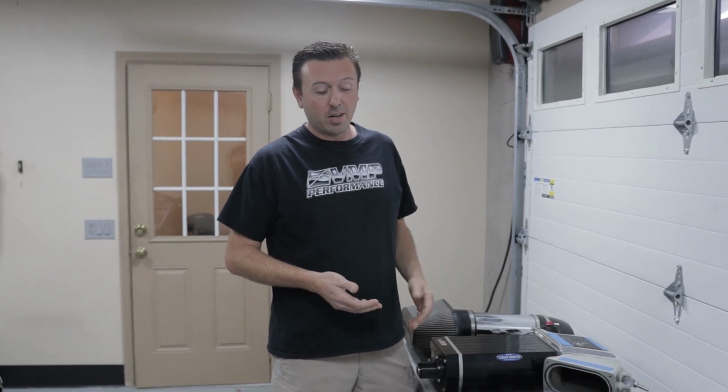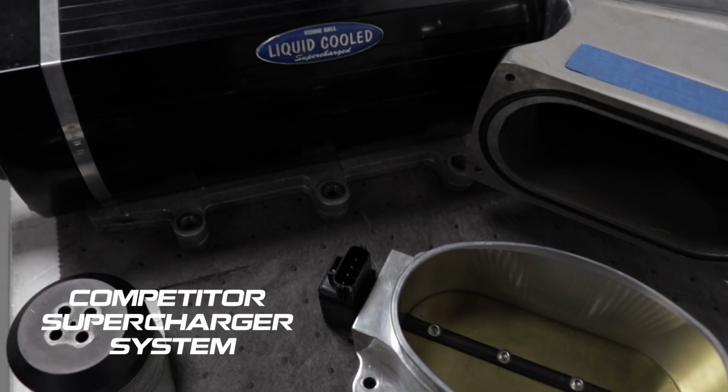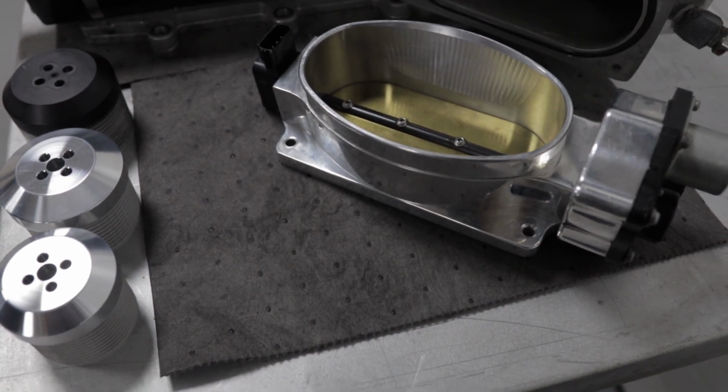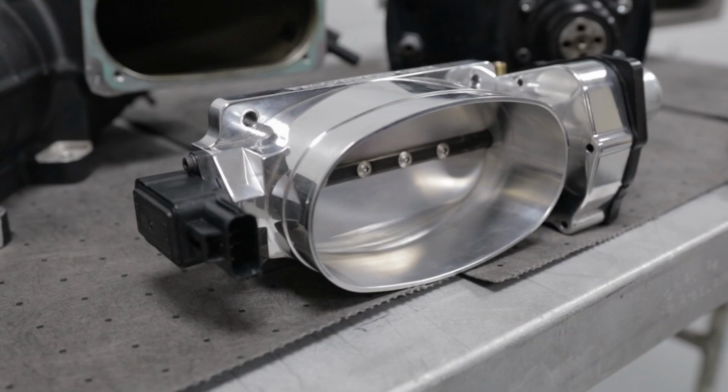So as you can see, we will be running this system with the exact same pulley sizes as the VMP Gen3R 265-liter against this 2.8-liter supercharger. We will be giving this supercharger the best opportunity possible. We've got their monoblade throttle body, which, by the way, is actually slightly bigger than our 163R throttle body, but